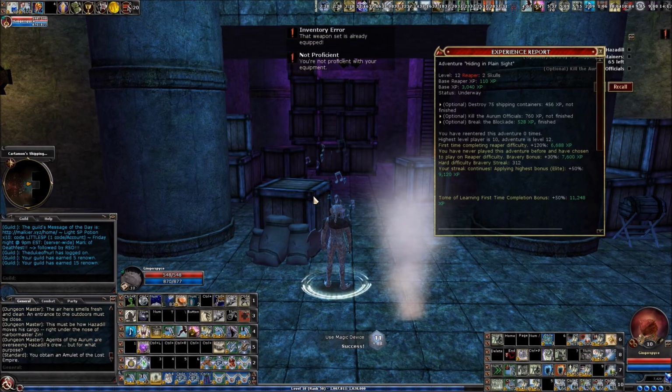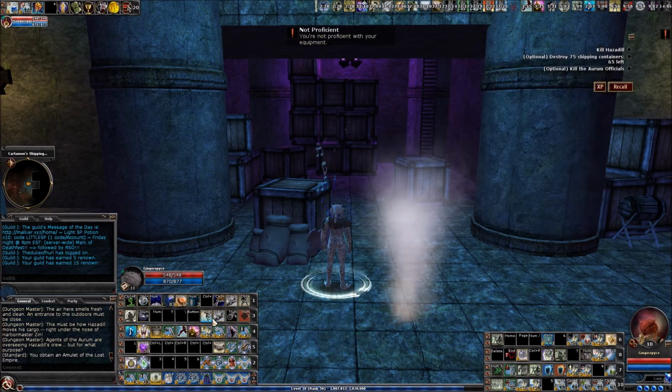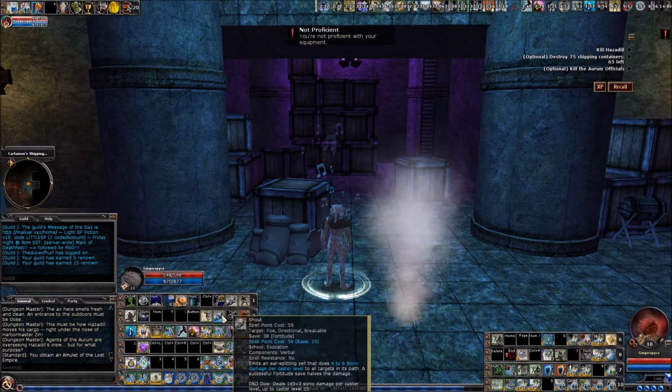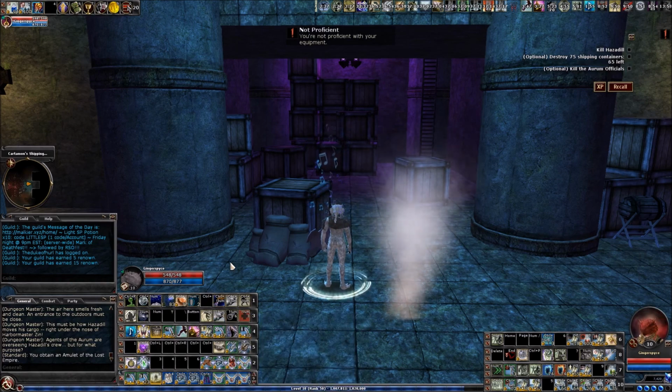Okay, here I am, round 2. I'm back at the end fight, Reaper 2. This time I swapped out the suggestion SLA for reverberate, so that's the sonic dot. And I also picked up the regular version of shout. I got a full mana bar,